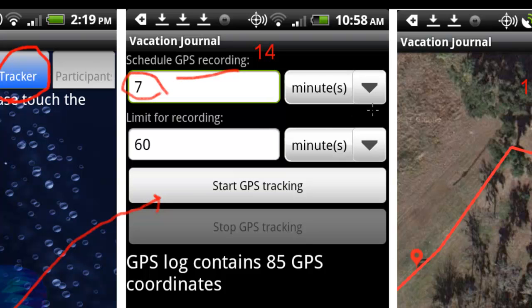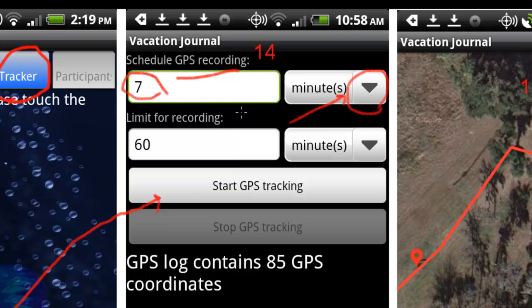Now you can choose hours or seconds or whatever you want by clicking this drop-down box. And then also, if you click this drop-down box, there'll be an option to choose continuously. So if you want to continuously monitor your tracking, it'll take a reading every second or sometimes less than a second, and it'll basically monitor your entire trip wherever you're going as quickly as it possibly can, taking GPS data points. We recommend that you use the continuous tracker